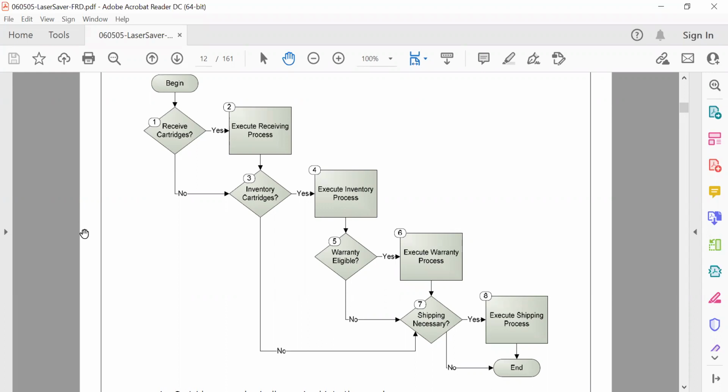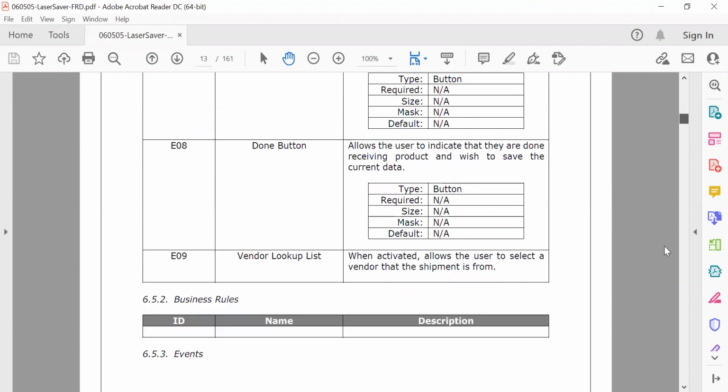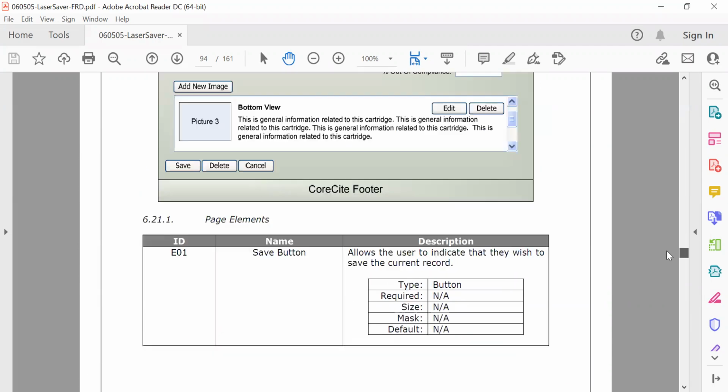Okay. So I was not able to find the one shipping number during the inventory process, it will come along with the cartridge. The other shipping number, how are they finding, executing, from where are they getting that shipment number? So if you look into the system, all it does is create a shipping document. So if you go into the execute shipping process, if you look into those screens,